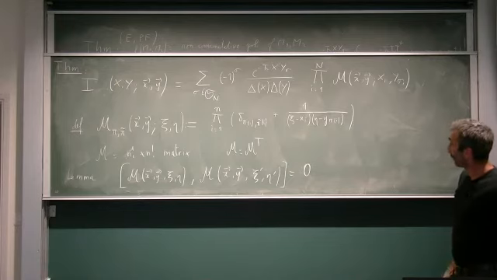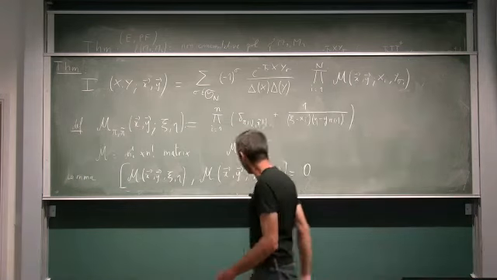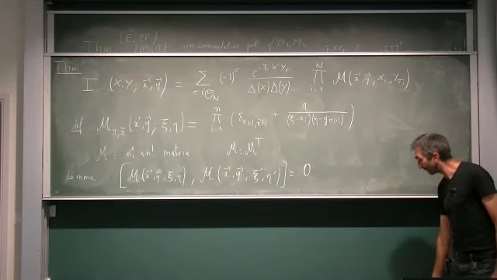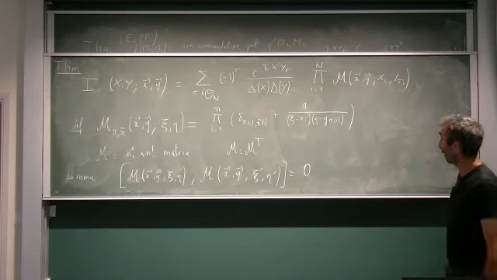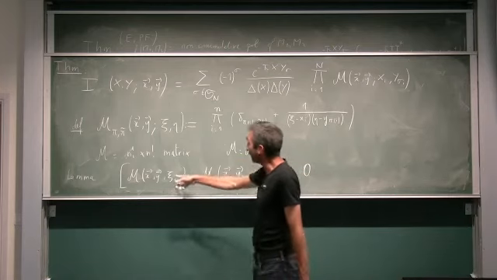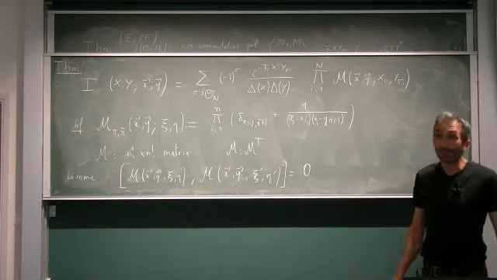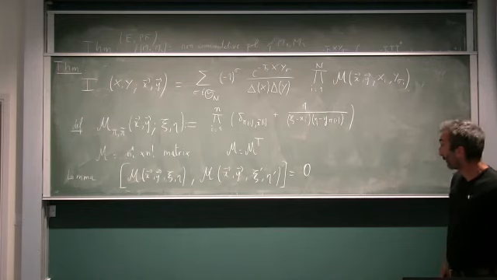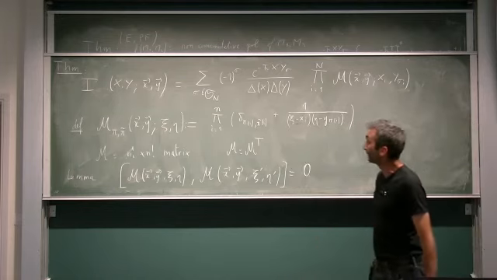So I will stop here for today. Next time I will say a little bit more about this matrix M, because in fact we can go much further in the computation. This matrix M is really magical, and I think this suggests that there is an integrable system attached to it. I don't know which one. I've asked the question to many specialists of integrable systems. It looks like the property of some transfer matrix in an integrable system, but I don't know which one.